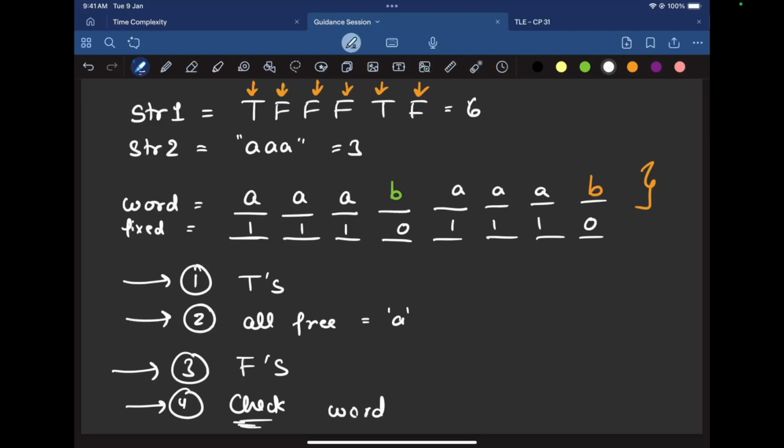Whether everywhere that was a T, it is matching with str2, and wherever it was not a T, it doesn't match with str2. If that holds and I am good to go everywhere, then I'll return this word, else I again return empty. So this is a 4-step code that I've created, which is going to be very simulative. Now this should be very clear in your mind that this question was not at all hard, if